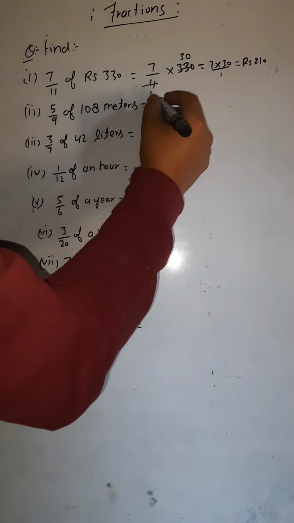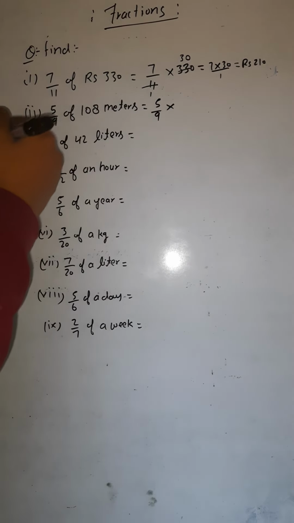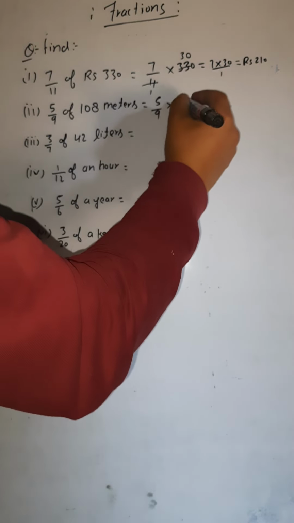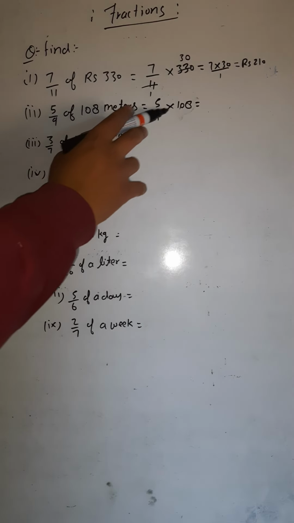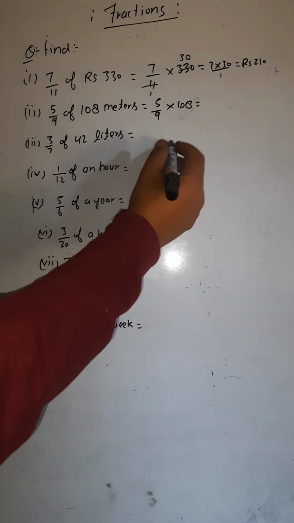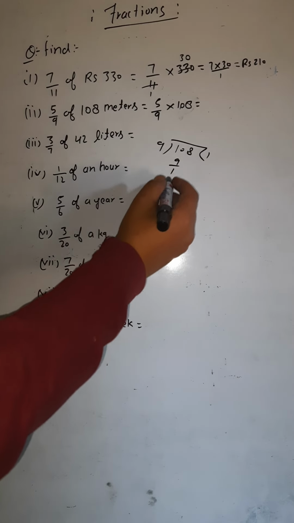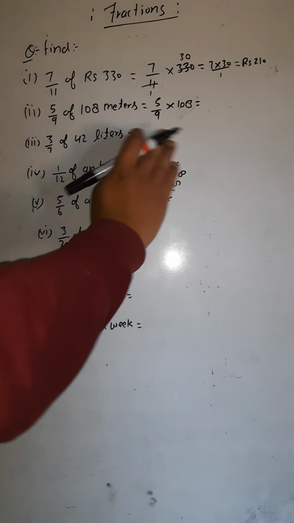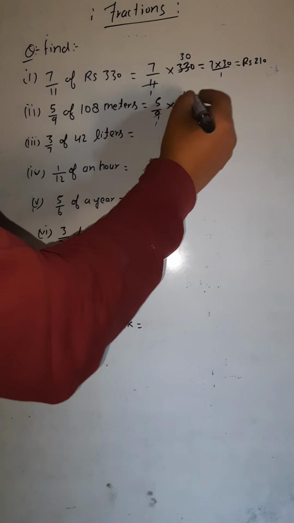So let's do this one also. 5 by 9 of means multiply 108 meter. So how much would be the answer here? If you can cut, you can cut also. This 108 is divided by 9. How many times? Look here, you can divide this in rough also. If you are dividing this 108 by 9, 9 1 ja 9. 1 is left, 18, 9 2 ja 18. So 12 times divisible. Okay, getting this? So means this 9 would cut 9 1 ja 9 and this would cut is 12 times.